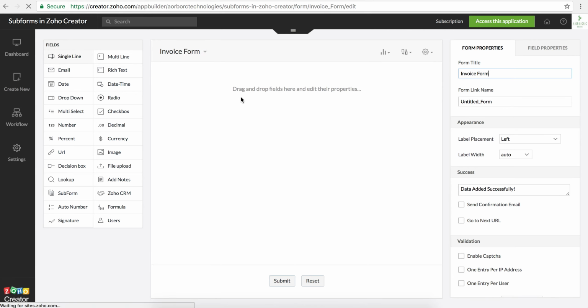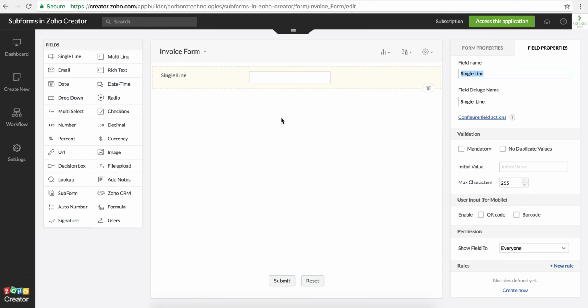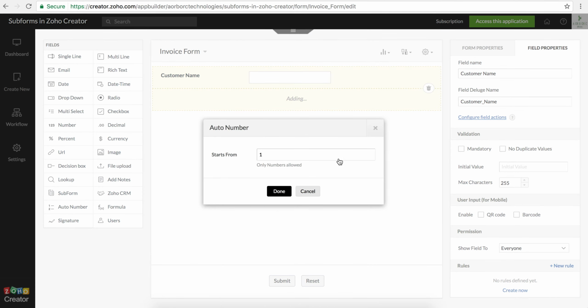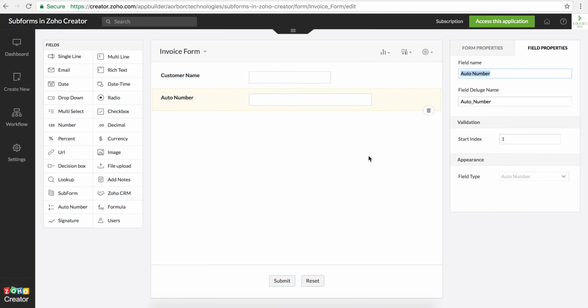So you just create a customer name. I'm just trying to make it simple. So normally we use this as a lookup field. So let me just make it a customer name, and the invoice number, probably an auto number field, invoice number,